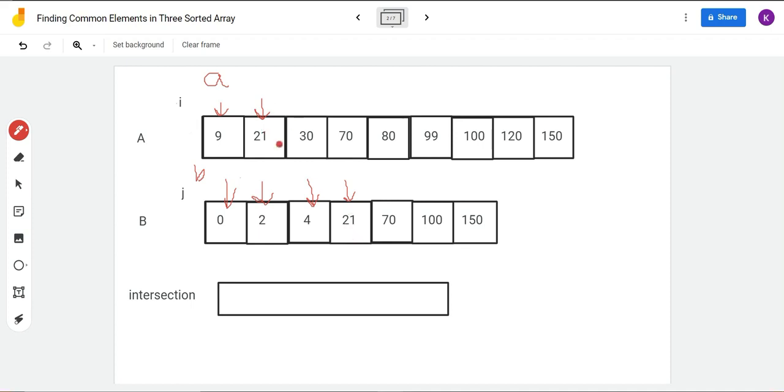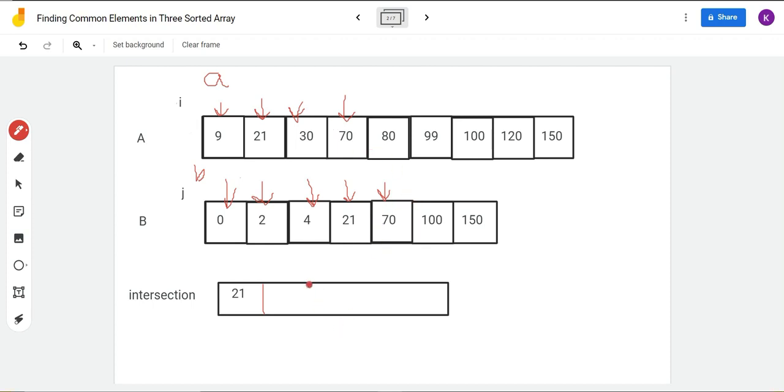We see that 21, that is A is equal to B. So we'll add this element in the intersection vector. Once we added the element in the intersection vector, we will increment both I and J and move to the next element in arrays A and B. We find that 30 is smaller than 70, so we'll increment our I and move further in array A. Here we find the common element 70.